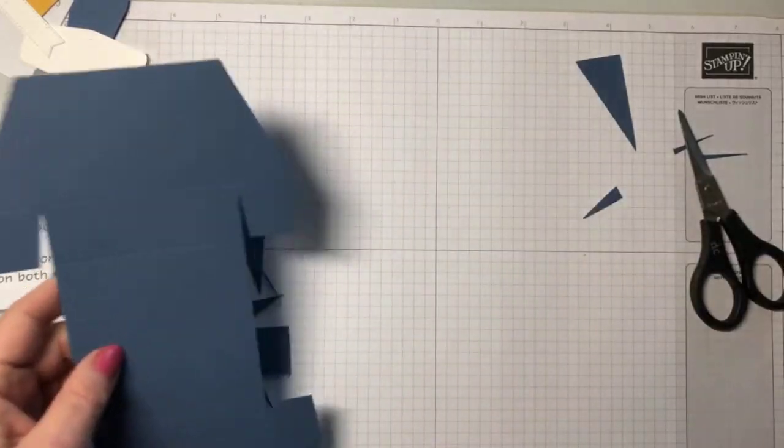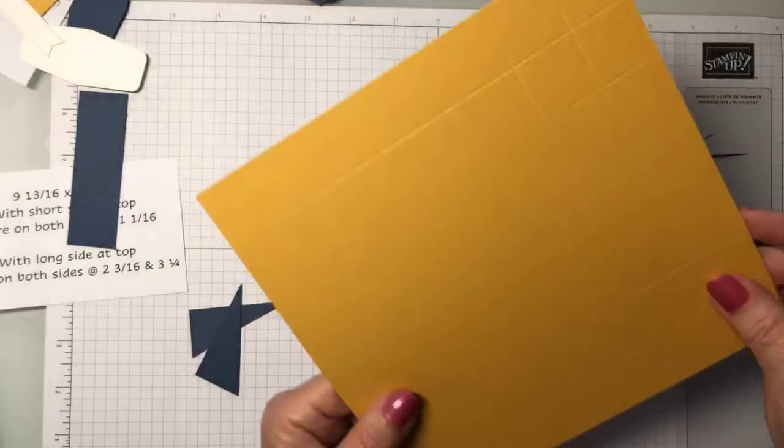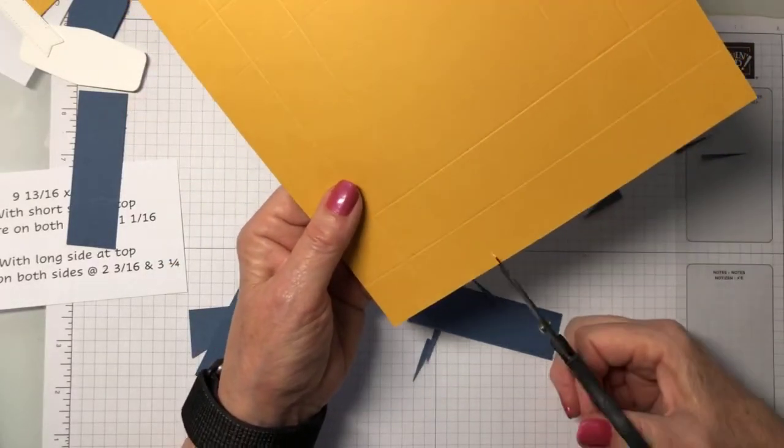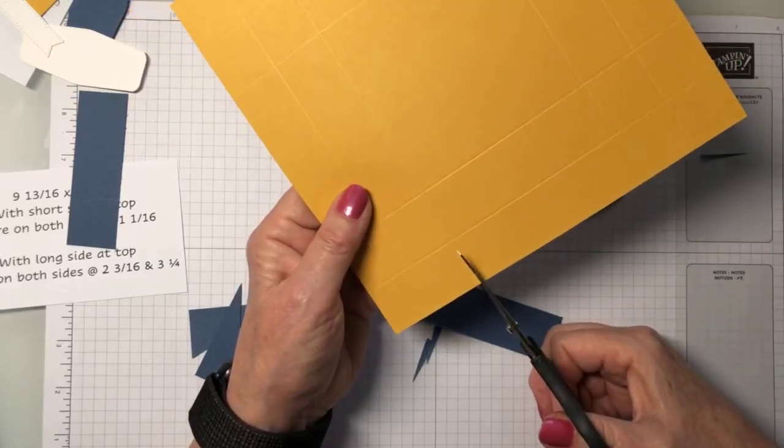Okay, let's go ahead and trim out. We're going to set this aside for now, and let's trim out the bottom. So this one, we're going to cut, and all of these pictures of all of these diagrams are on my blog. So we're going to cut,